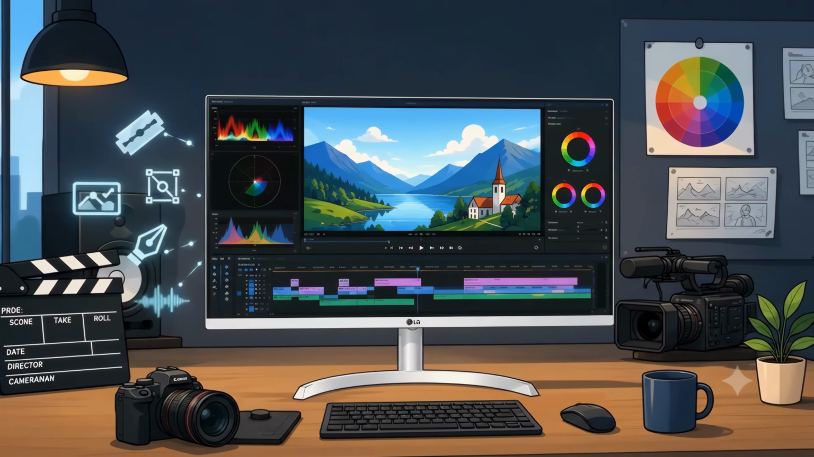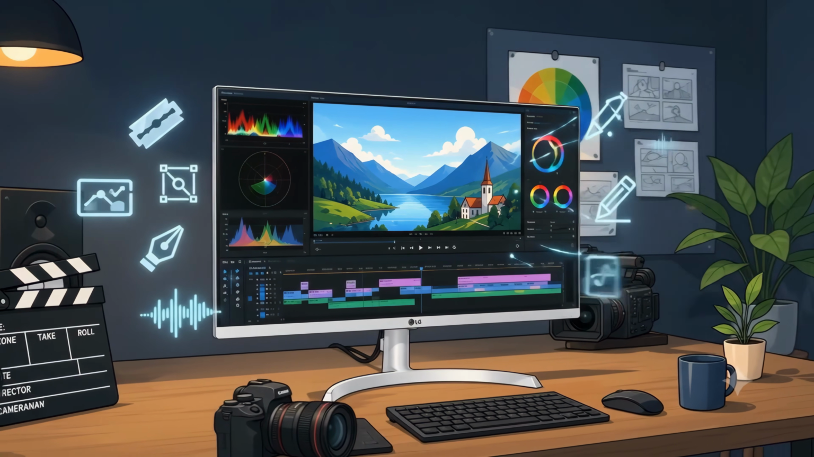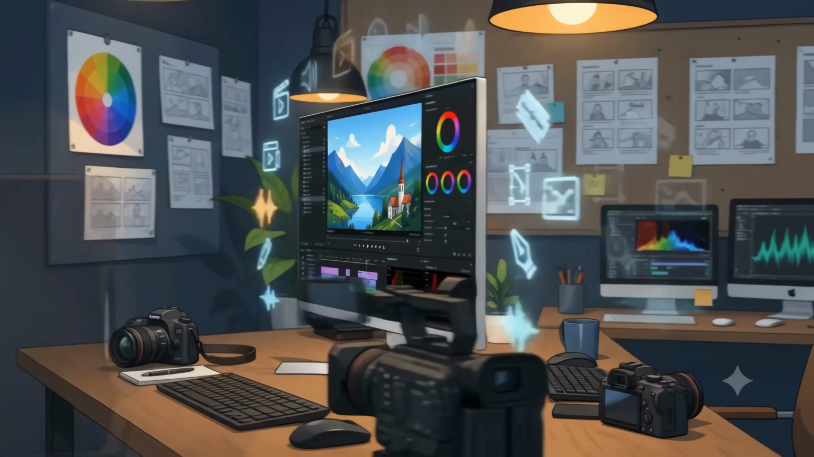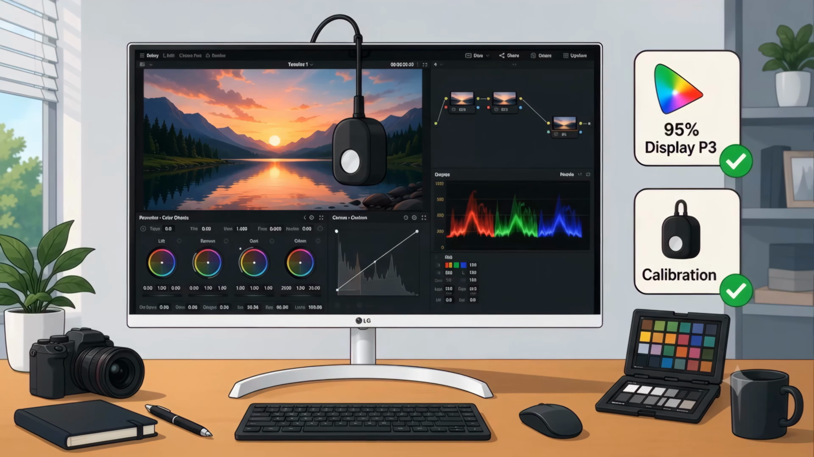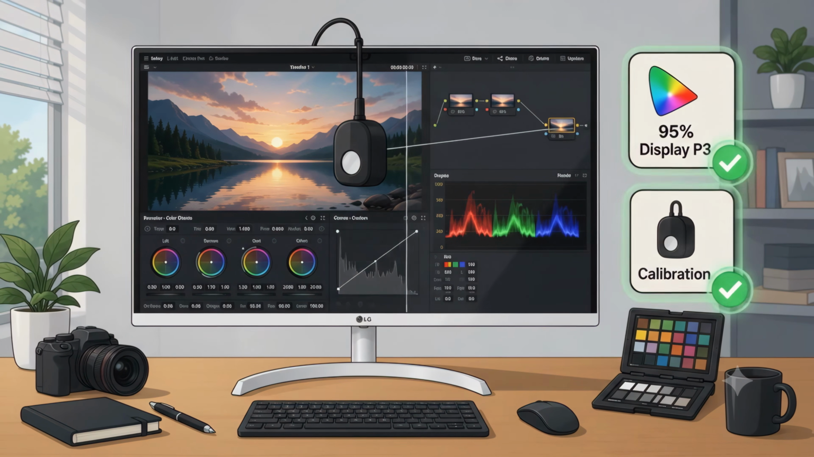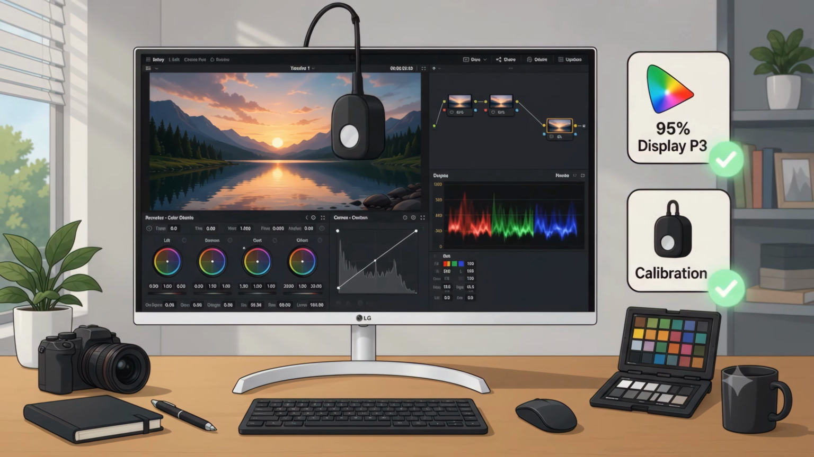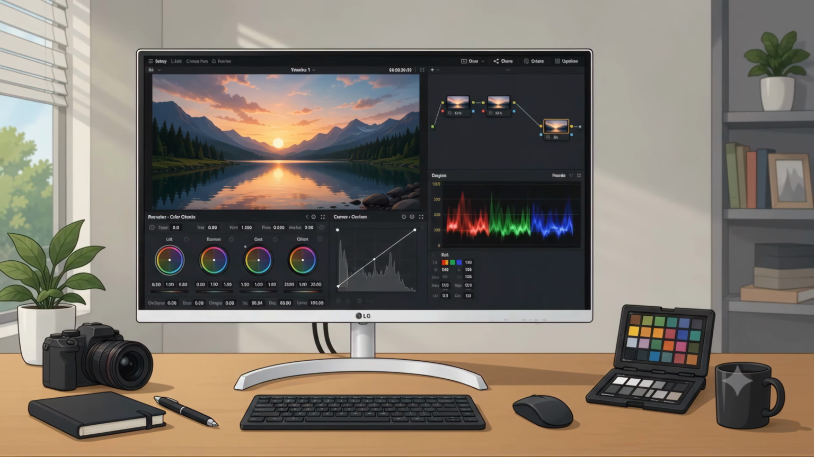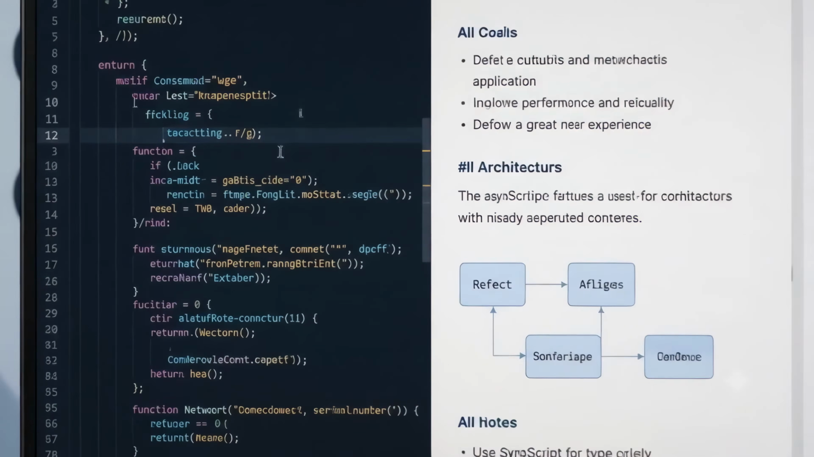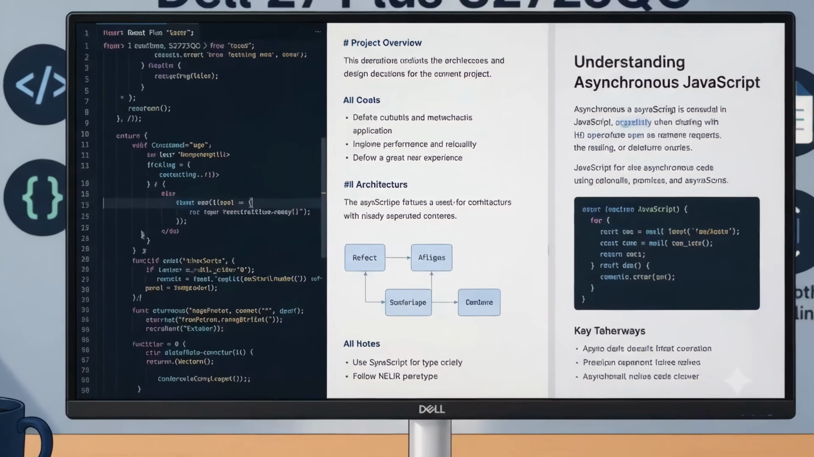If you are a serious budget colorist or video editor, the LG 27UP-AT50N-W is a legendary workhorse. It gives you that essential 95% wide color gamut and supports direct hardware color calibration, so you can absolutely trust your timeline colors. Finally, if your daily work involves heavy reading, coding, or scrolling through massive script documents, get the